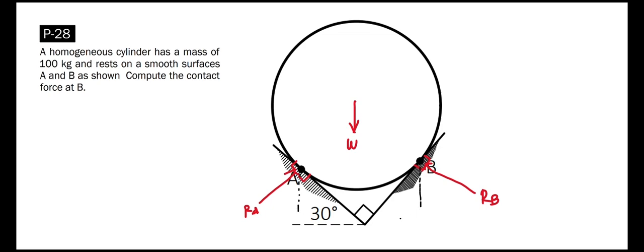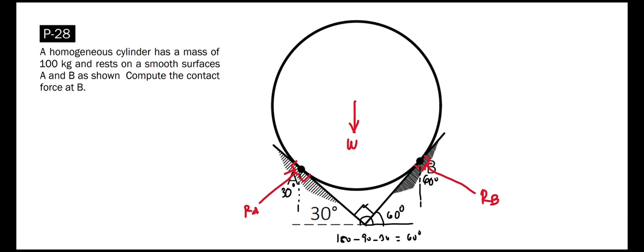on A and B, knowing that this angle here is 30 degrees, therefore, by geometry or trigonometry, you can prove that this angle here is also equal to 30 degrees. Now a straight line is a sum of angles of 180 degrees. Therefore, this angle left here must be equal to 180 minus 90 degrees minus 30, that is equal to 60 degrees. So this angle left here is equal to 60 degrees, which means that this angle here must also be